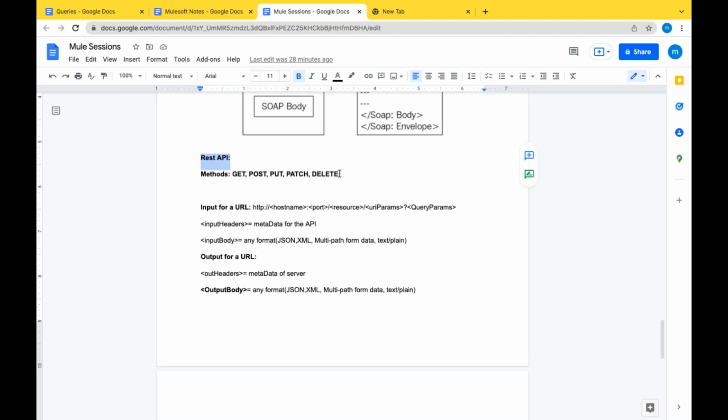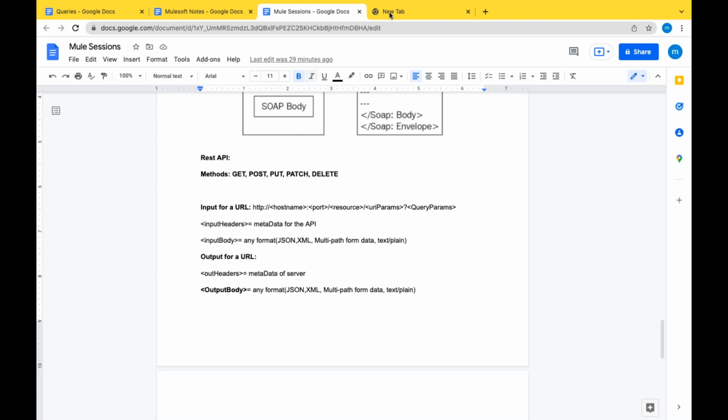So where exactly do REST APIs come into the picture? We expose an API, and each API will have specific functionality.